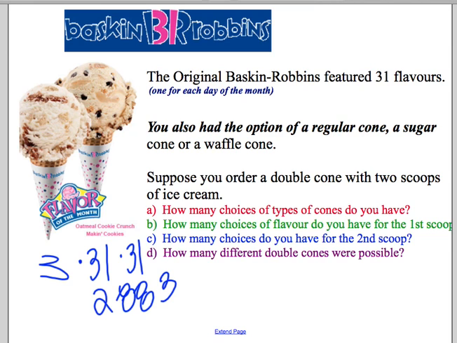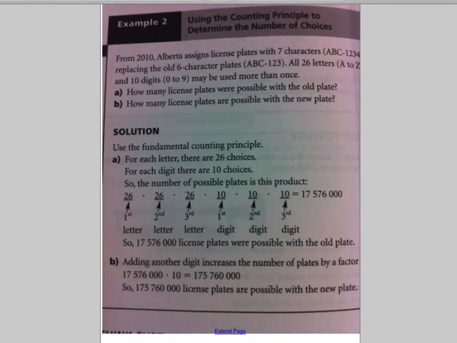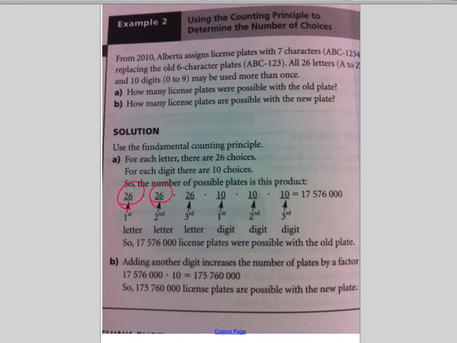2,883 different choices here. All right, changing page. This is page 688 of your work text. And again, here's a different situation where they've got repeats available. So Alberta assigned license plates with 7 characters, replacing the old 6 character plates. How many different license plates were possible with the old plate? Well, you'd figure out there was 26 letters and then 10 different numbers. 3 letters, 3 numbers, 26 available, 10 digits available,